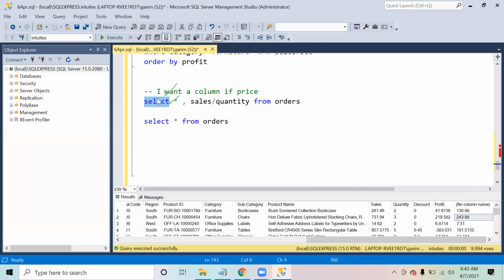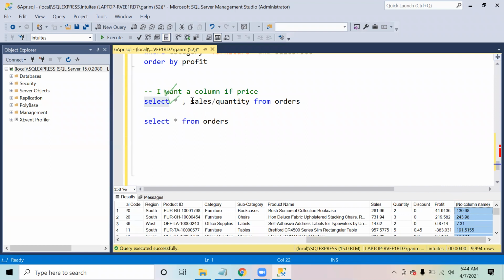It doesn't modify the existing table. Your orders table will not get this column added; it still has the columns only up to profit. It is just for the output that I wanted to see.